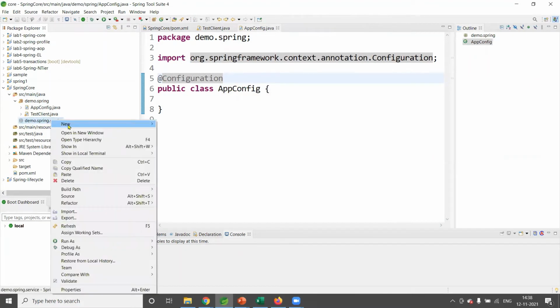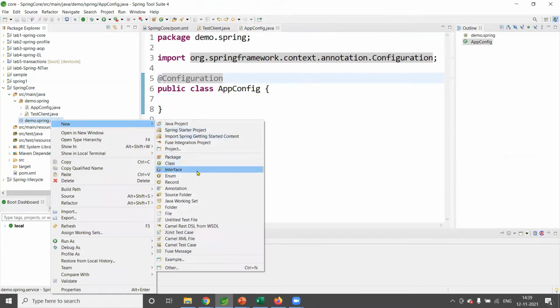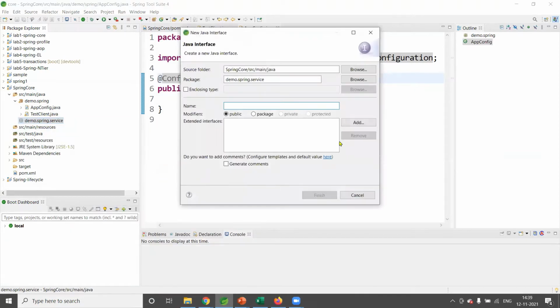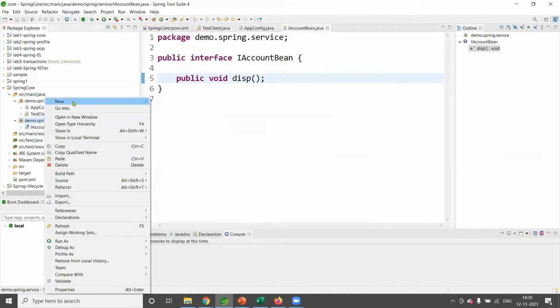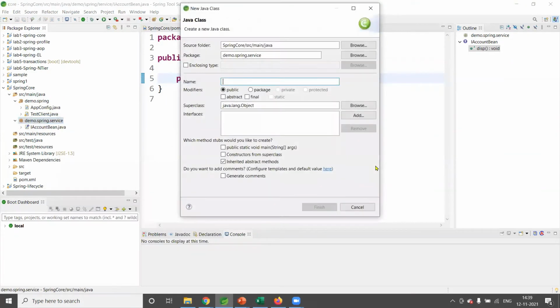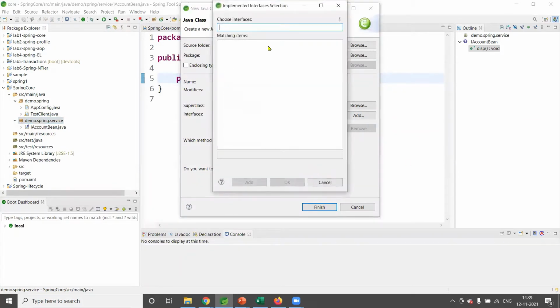So let us create one interface here. So new interface, Account, right? So in this interface, I'll just put one method, public void display, that's it. It is just going to display some information. Then let me create one more class, AccountBean, which implements the Account interface.